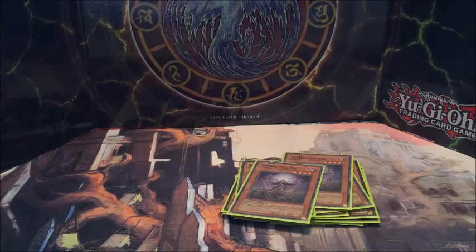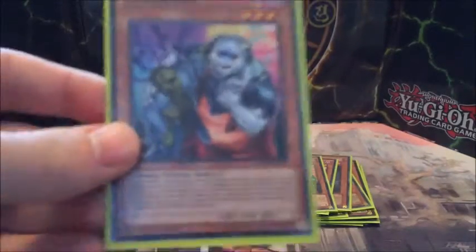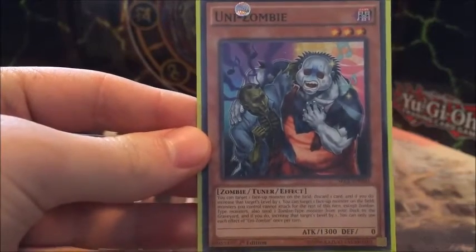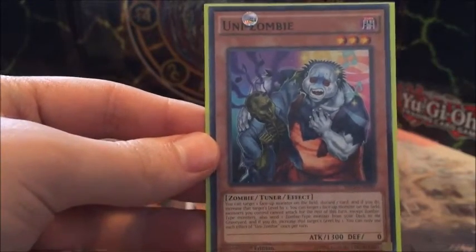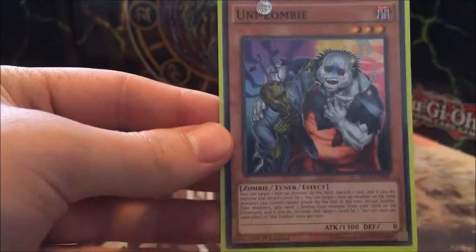Next is probably the main engine for this deck, and that is Unizombie. Unizombie is a 3-star tuner, which is going to help get your synchros out. His effect is you can activate it, and then you can send 1 card from your hand or your deck. So most of the time you target Mizuki to send to the graveyard, and then you can change this card